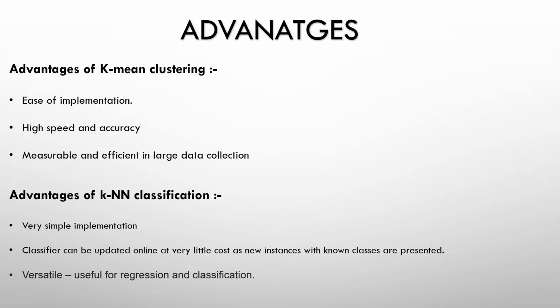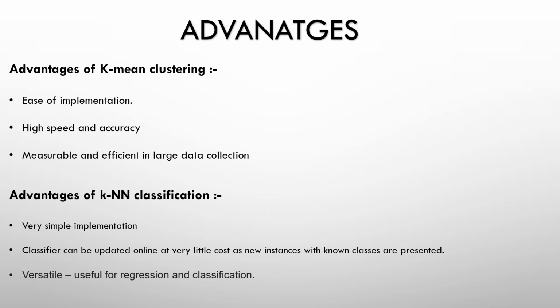Advantages of K-means clustering are: it is easy to implement, it has high speed and accuracy, and it is measurable and efficient in large collection of data. Advantages of KNN classification are: it is very easy to implement, the classifier can be updated online at very little cost as new instances with known classes are presented, and it is also versatile,